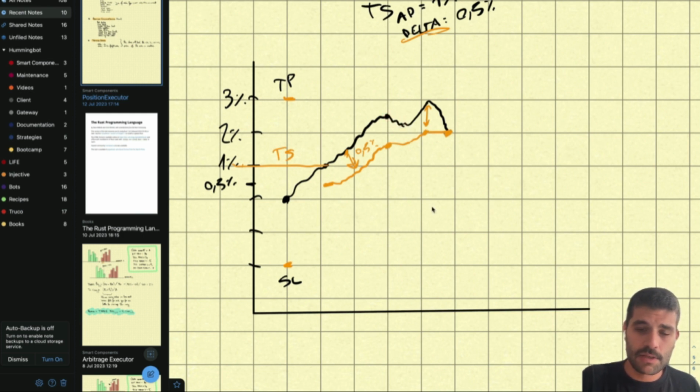So in this case, if the price is going down, the trading stop will remain at the same value. If the price goes up again, the trading stop will go up again. And then imagine that here we are not reaching this take profit, so the price comes back down again. As the trading stop was at this level, this is where the trading stop will be activated and then execute